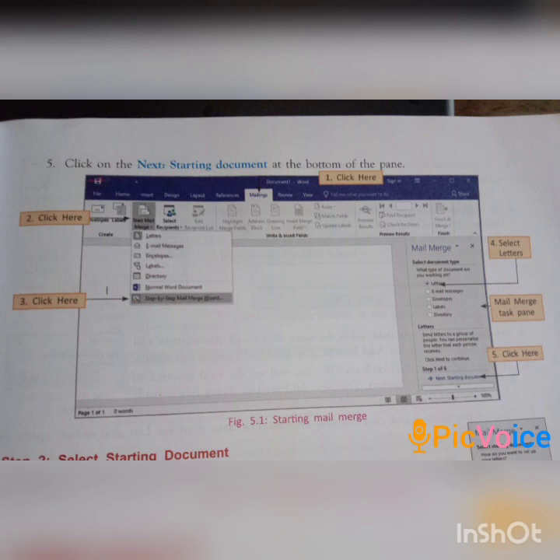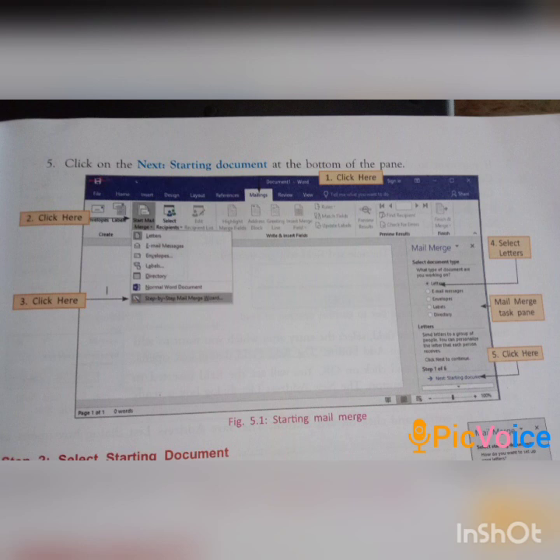Step 1: open a new document in MS Word and click on the Mailings tab. All of you see figure 5.1, starting mail merge. First, open a new document in MS Word and click on the Mailings tab. Second, click on the Start Mail Merge option.